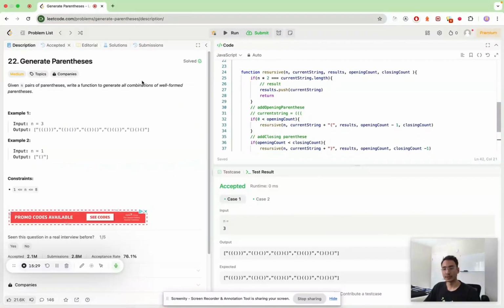The main key takeaway is, if you need to generate all possible cases, then that should ring a bell that you have to use a backtracking algorithm. And the backtracking algorithm basically stands on 2 foundations. You need to generate all possible cases, and the way you generate these possible cases is basically using recursion. And if you are going to use recursion, you have to have a base case, which